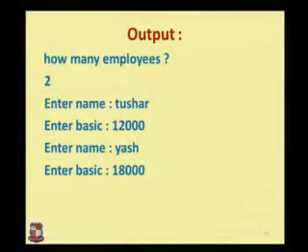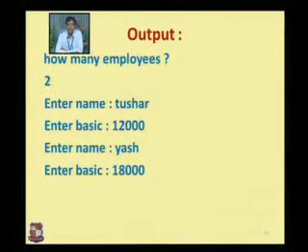Employee, that is Yash, and we are including the values 18,000. So 18,000 is the basic of Yash and 12,000 is the basic of Tushar. So we will get the total salary of these two employees, because what we had done, we included only